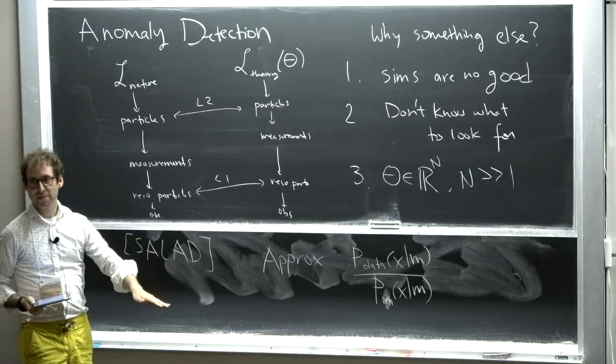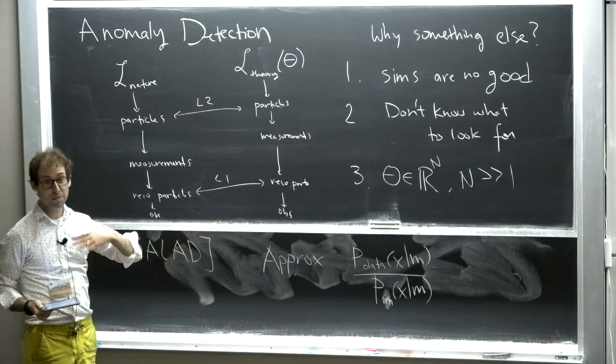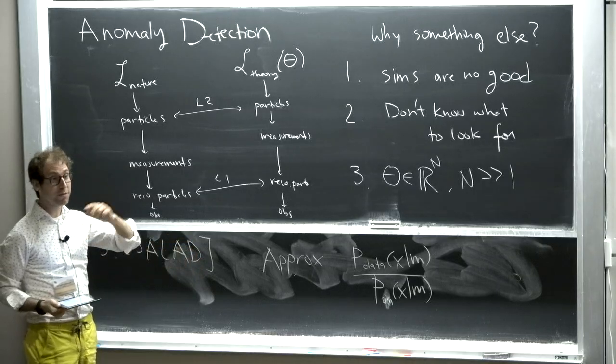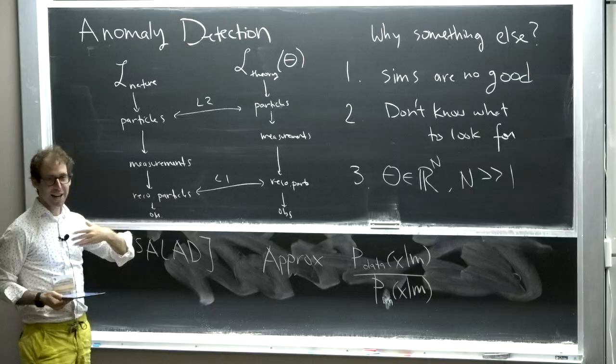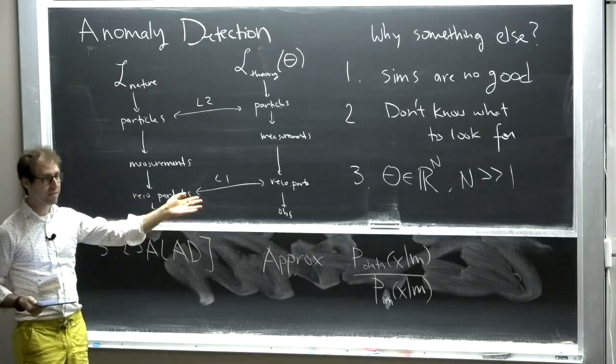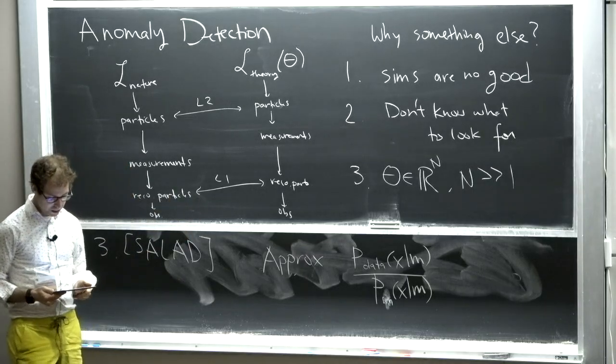So we can do parameter estimation in 1,000 dimensions. We can make 1,000-dimensional differential cross-section measurements. We can look for new signals we couldn't even imagine to look for before. So that is pretty exciting. And this is all within like the last 5 years. So it's like really the field is exploding.